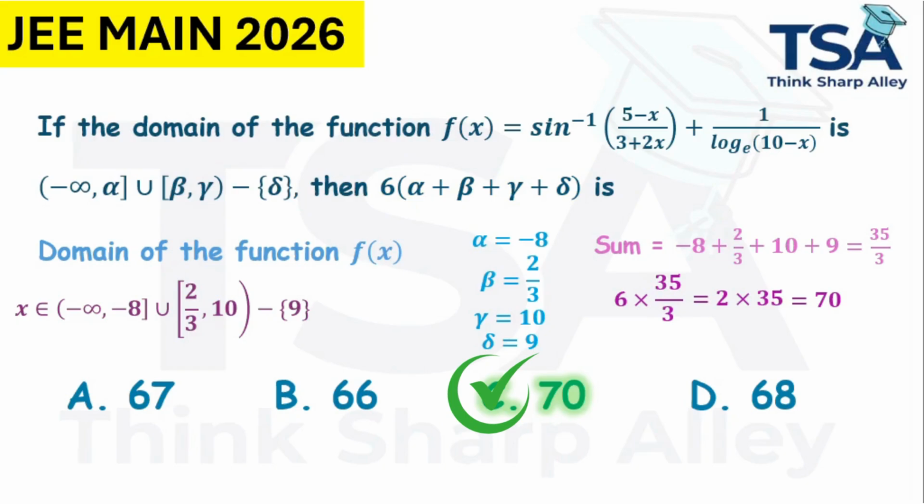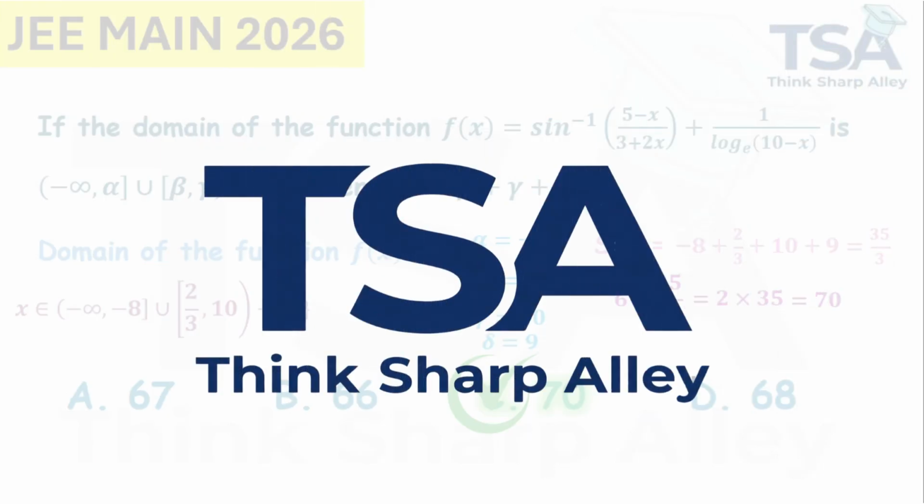Always isolate your denominator restrictions before diving into long algebraic intervals. If you successfully caught the x not equal to 9 trap during our opening check,